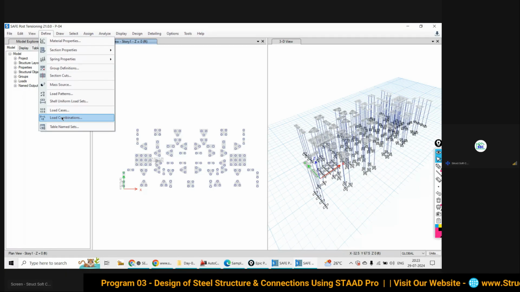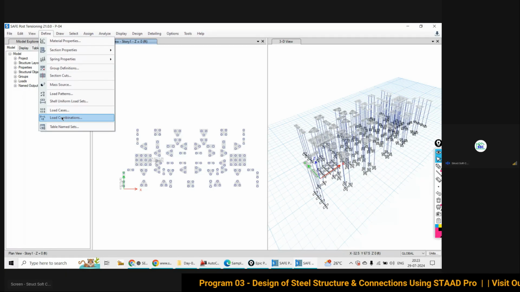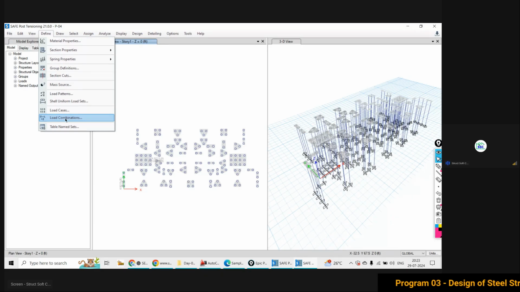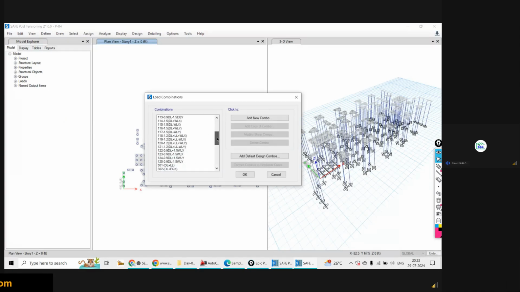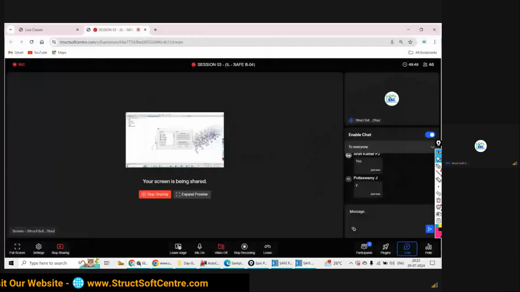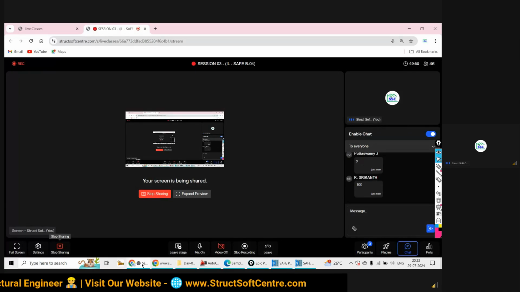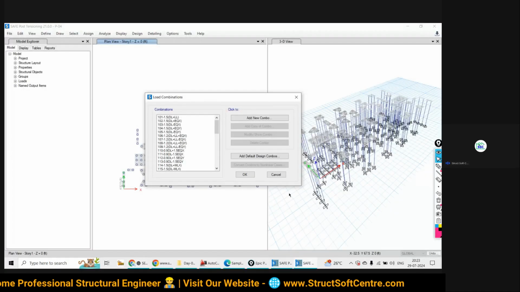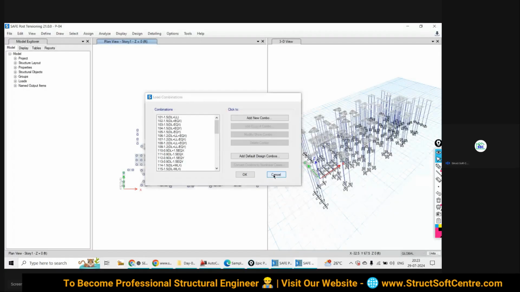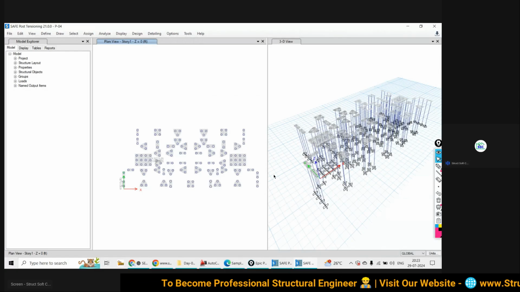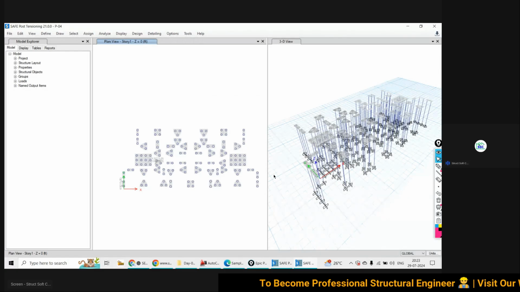In that situation you need to define more than 100 load combinations. To define these 100 load combinations takes a hell of a lot of time.